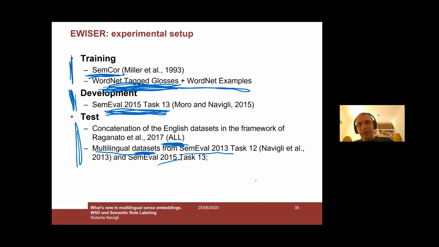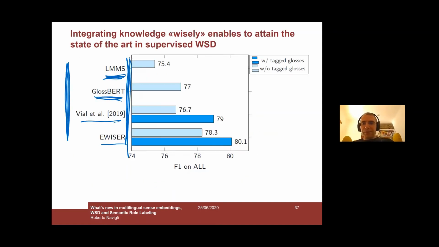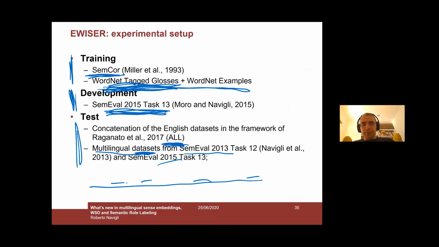So you have a definition, a gloss, and some of the words in the gloss have been tagged with the right sense, manually or semi-automatically, as I said, with high precision. And this is the setting with tagged glosses, which is the highest performance option. A lower performance option is one in which you don't use the labels